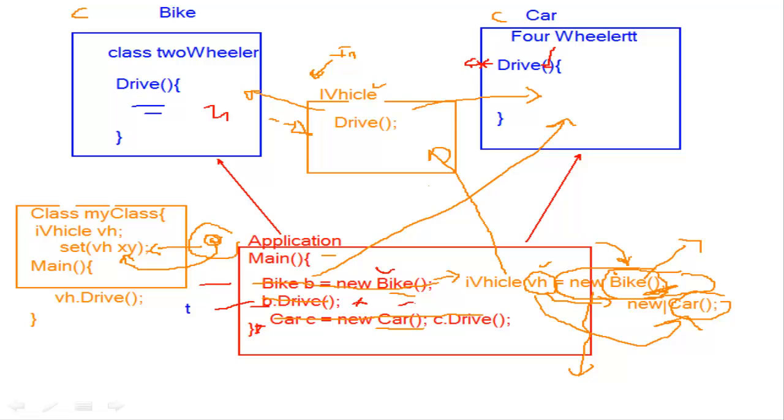This dependency injection in olden days was called by a different name, inversion of control, IOC. What is the IOC? Both of them are the same. The IOC was the olden name. Now it has been renamed as dependency injection. I'll tell you why that was renamed later, but let's come back to what is inversion of control. What is the meaning of saying inversion of control?